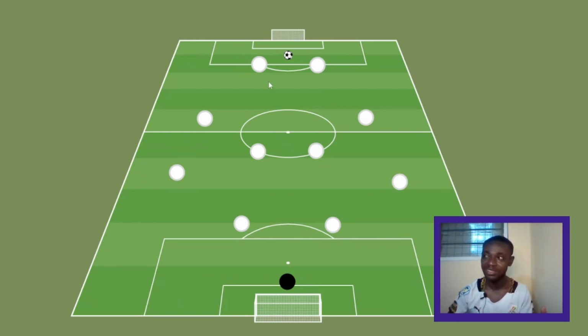So if we are playing just a system where we have only one striker up front, it's like we are putting pressure on ourselves. We have to have more bodies in the penalty box, and if our wingers too are quite fast, that means we are going to have almost all the time 4, 5 strikers in our offensive third, and that is really going to give us a lot of goals. This particular system, a 4-4-2 formation,